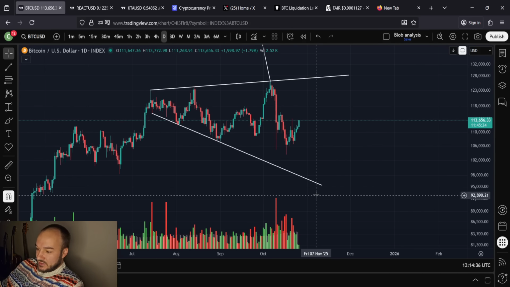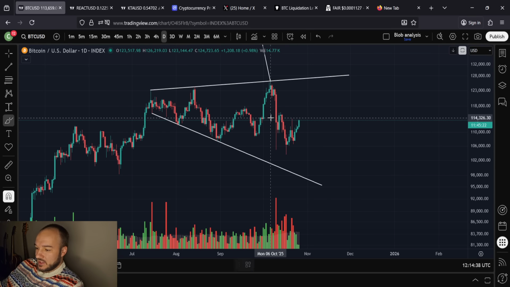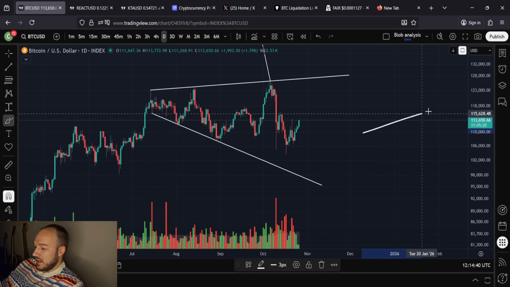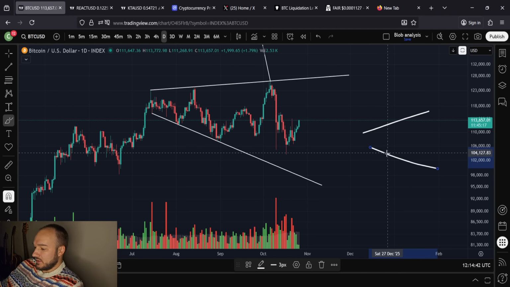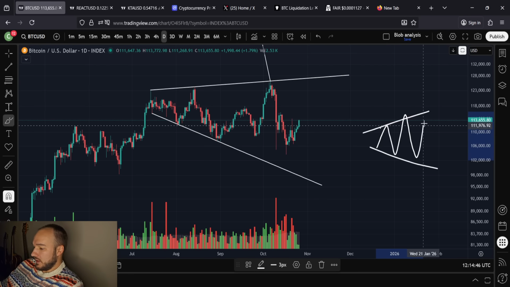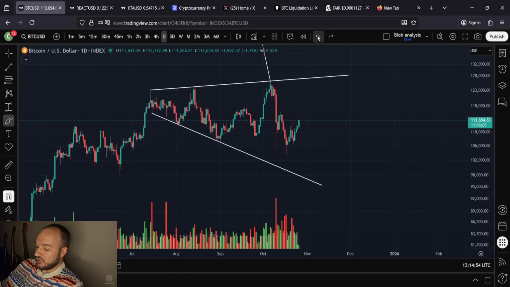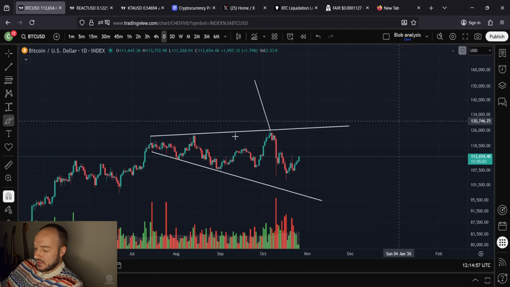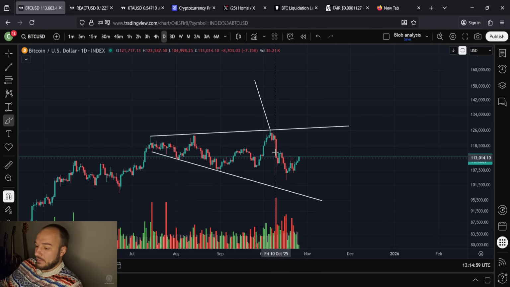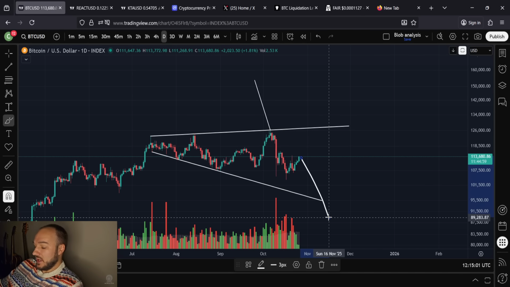We could break out to the downside. That's possible too, but typically, if you were to expect to break out to the downside in a megaphone pattern like this, you would see something like one, two, three, four, and then on the fifth leg, you get a partial rise where you don't touch this trend line, and then you break through. So we're set up in kind of an opposite formation where it would make the most sense, I think, to go to the upside. Anything can happen. Just because you look like this right now doesn't mean you can't go down.